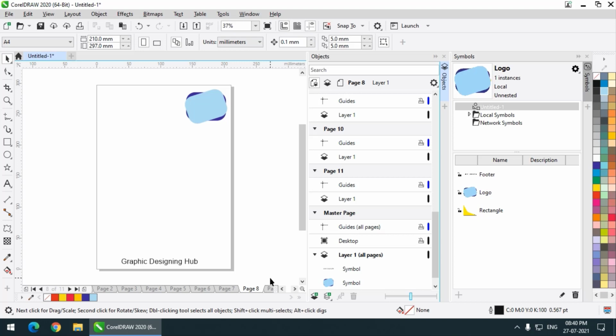It is very useful if you use the symbol option in Corel Draw, especially while you are drawing, let's say, diagrams, mechanical diagrams, or any diagram for that matter.